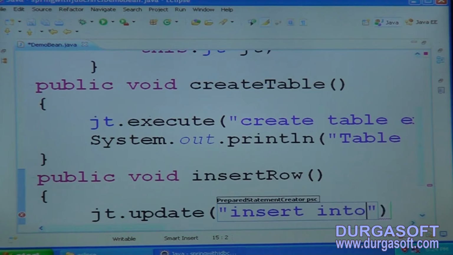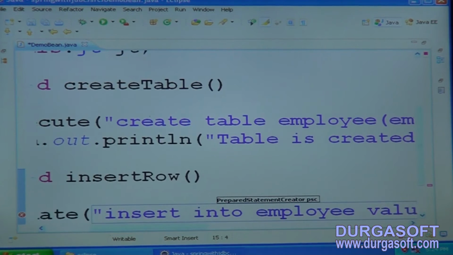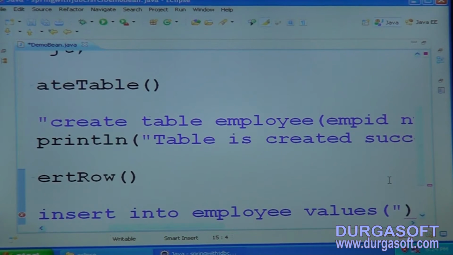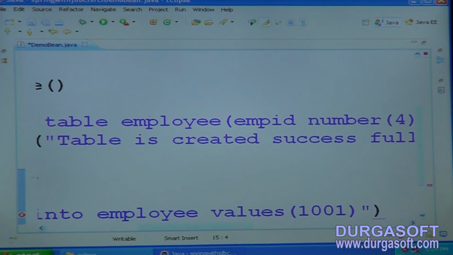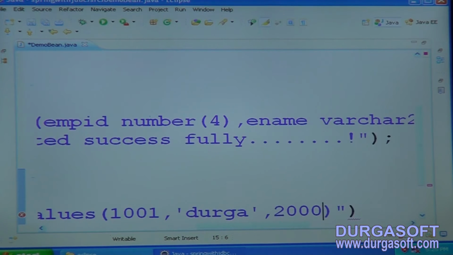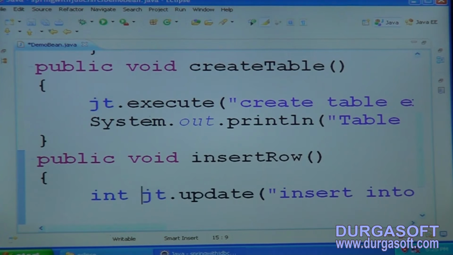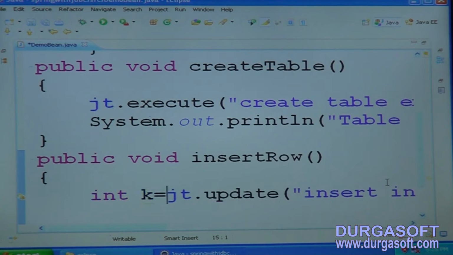Insert into employee values, now 1001 comma employee name is Durga. The next salary is what? 2000. The next, this is going to be written as what? Integer. int k is equal to, now System.out.println